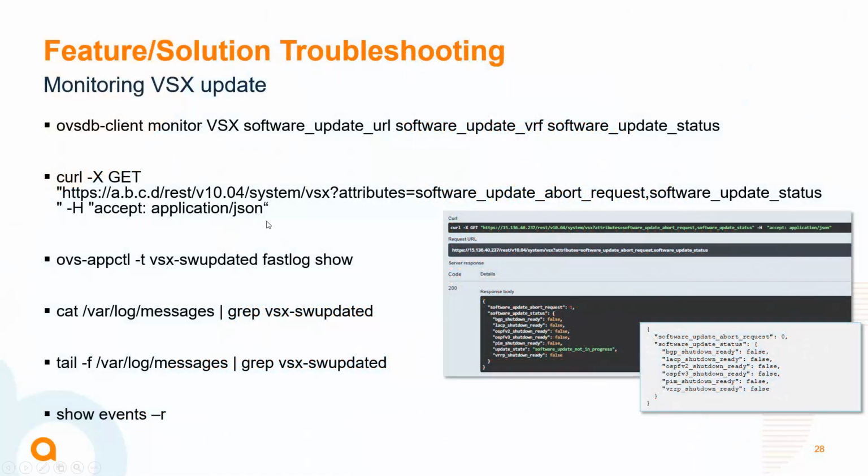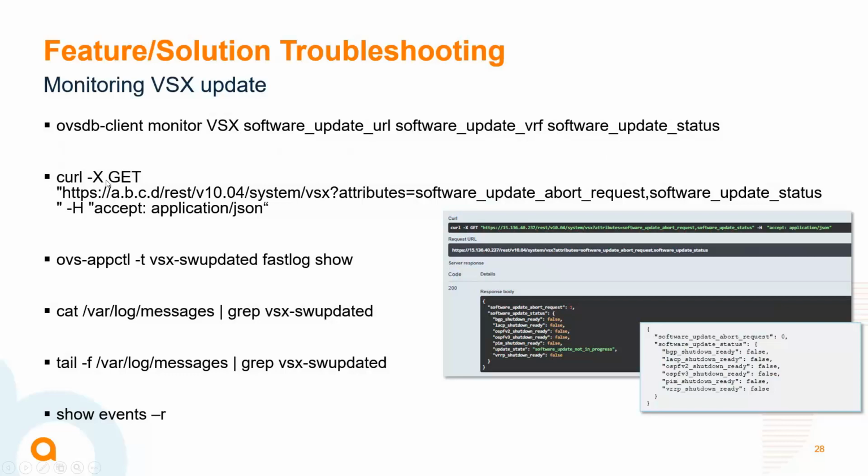To troubleshoot that, we have many commands. The first is to monitor the OVSDB for the VS6 part, and the table that we are going to monitor, for instance, is the update URL, the VRF, and the update status. The update status is the one that is mainly interesting for us.